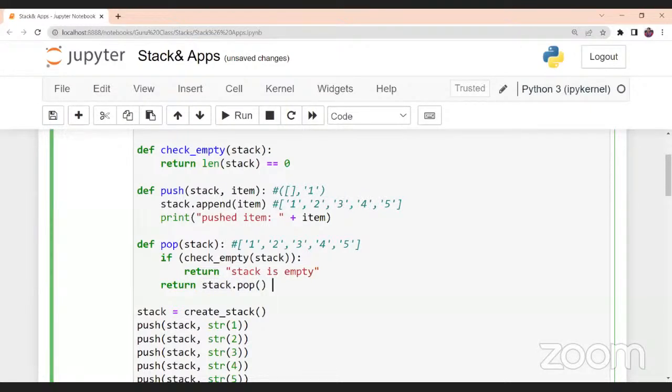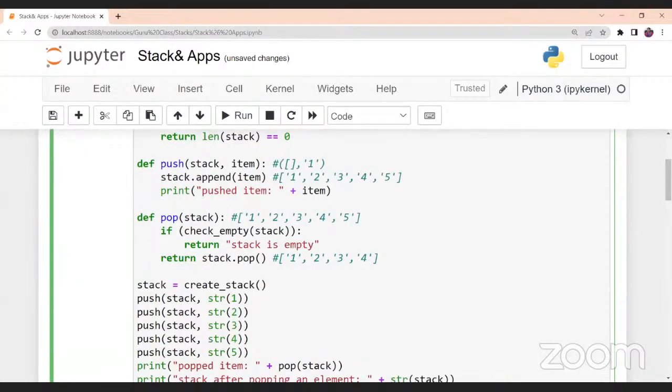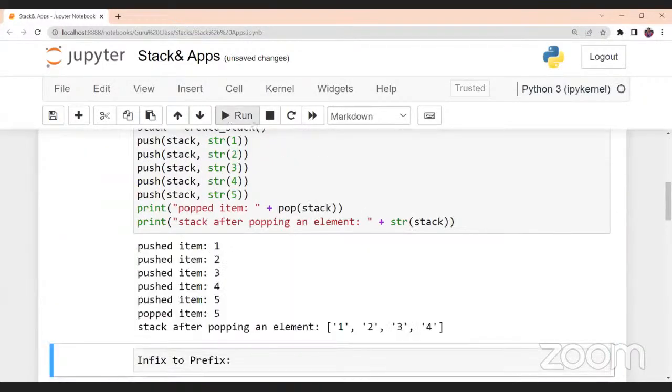So what does popping mean? It will pop the last in, first out, right? So what is the last in? That is 5. So now that will be out. After this popping, this will be your output: the value that was just popped. The last in is the first out, so that 5 is popped out. Okay, so this is the basic understanding of how this stack is going to work. Now let's run this and see the output.